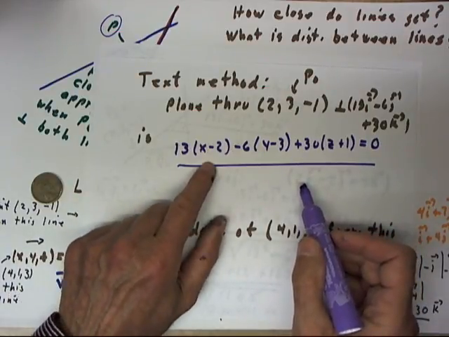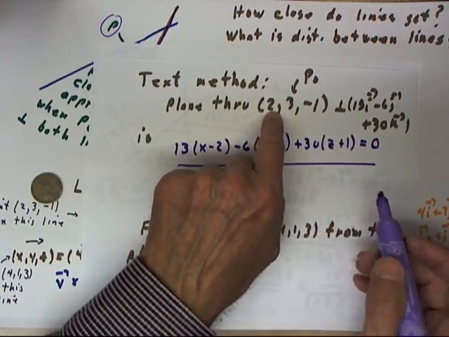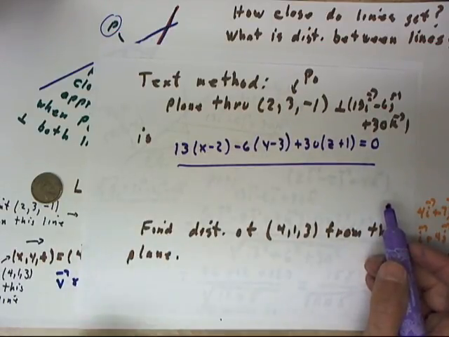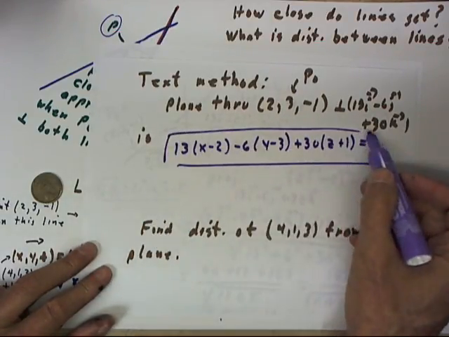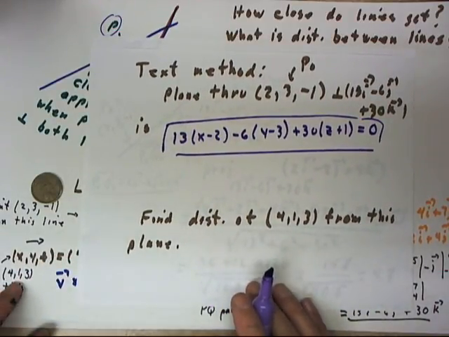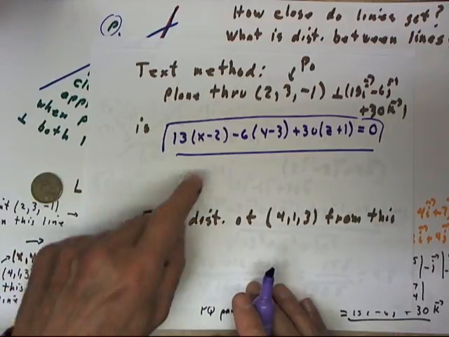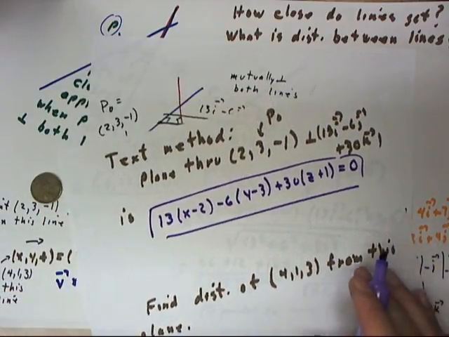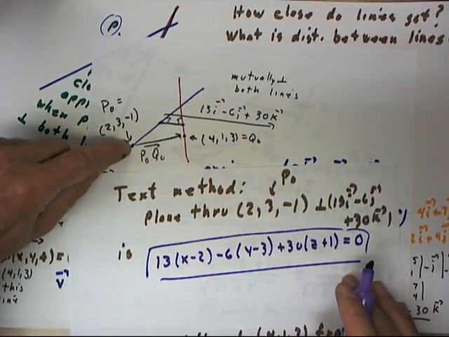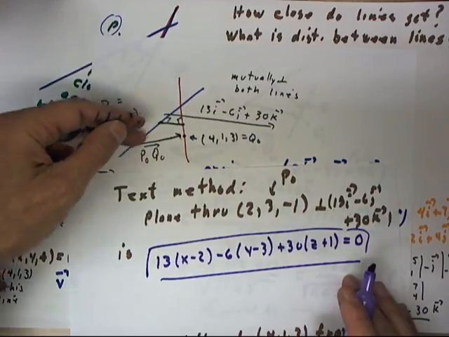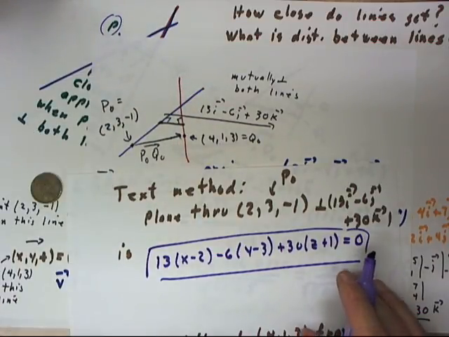We don't really need the equation of the plane. We just need to know that it's perpendicular to this vector and goes through this point, but right there is its equation. And now all we have to do is find the distance of this point from this plane, because again this plane passes through this point and is perpendicular to this vector, so that this line lies in the plane, and the point at which